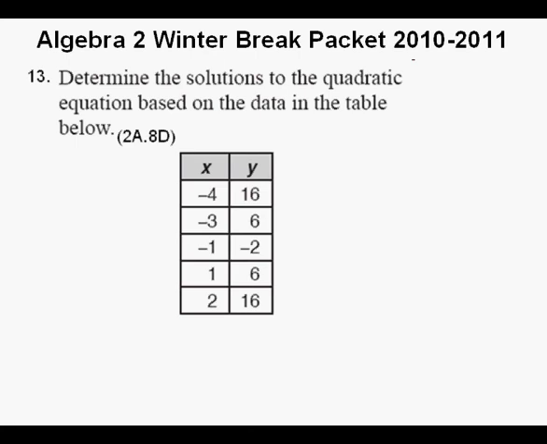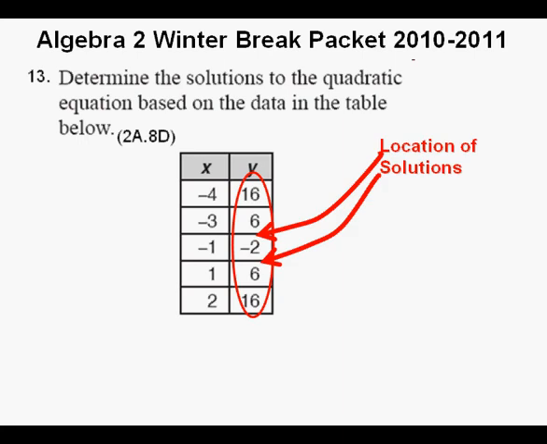Problem 13. Determine the solutions to the quadratic equation based on the data in the table below. In looking for solutions, we look for y values of 0 here in this column on the right side. While we don't see any zeros in the y values, we know that they have to be here between 6 and negative 2 and between negative 2 and 6 because the values go from positive to negative between x equals negative 3 and x equals negative 1, and from negative to positive between x equals negative 1 and x equals positive 1. We can insert those y equals 0 numbers at x equals negative 2 and at x equals 0